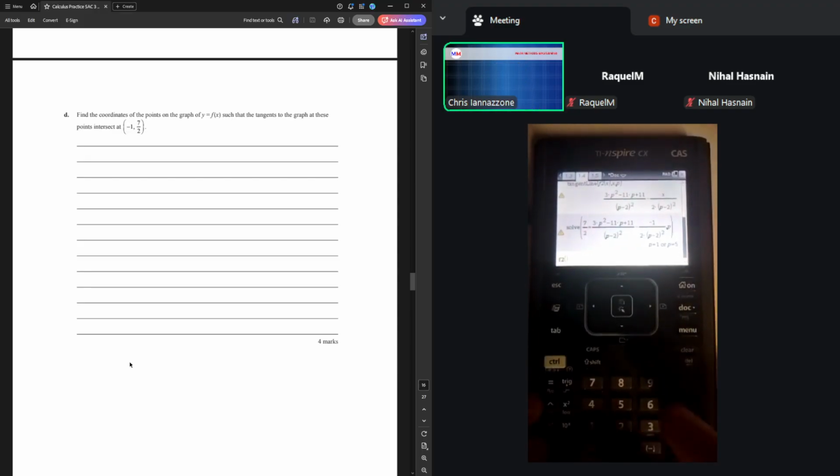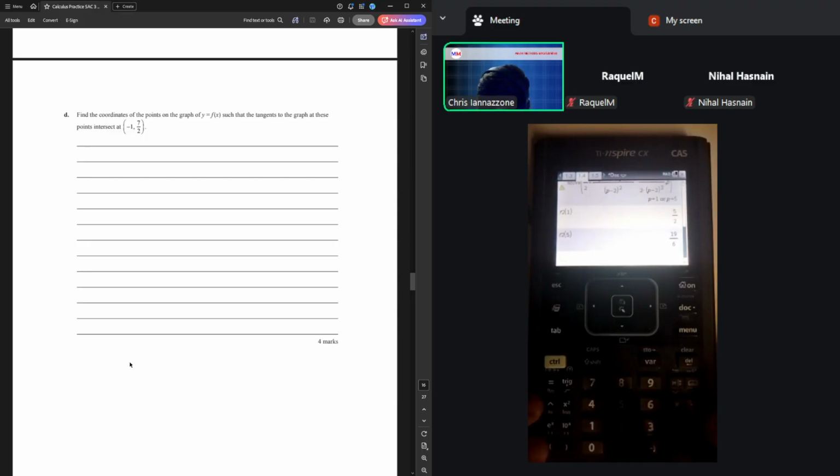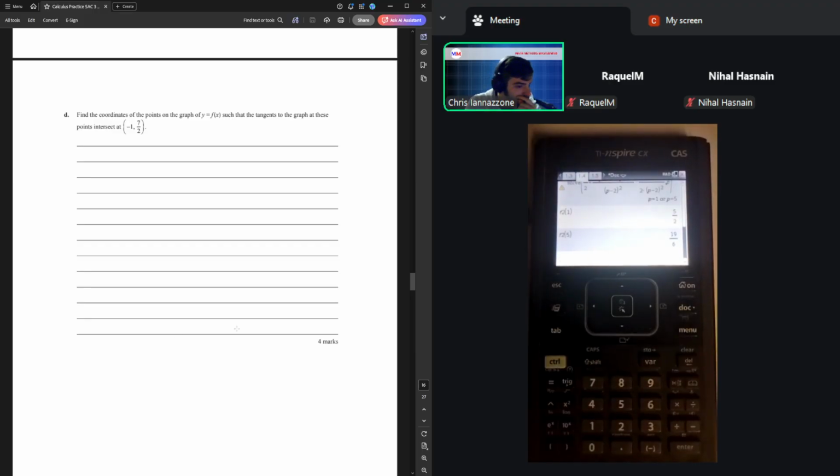Why did this feel like it was so much faster? That feels suspiciously fast for 4 marks. Is that it? That's literally it. And 74% of people failed it. Huh. Okay. I guess